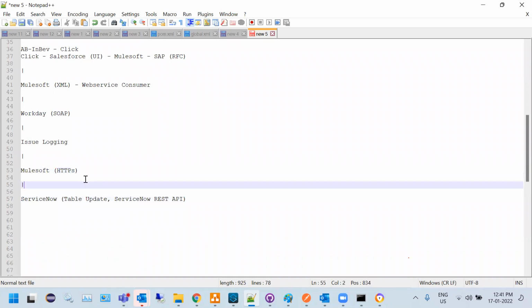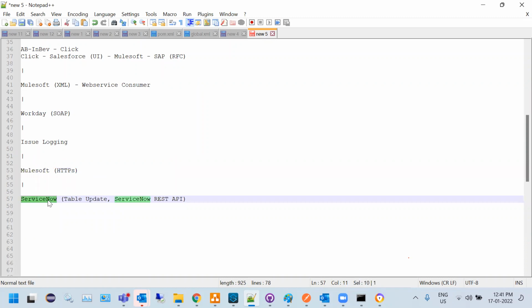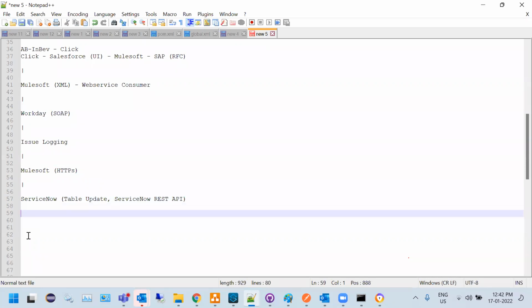One more thing: in ServiceNow, for example, if I want to log a ticket and assign it to some person, that person's information should be available in ServiceNow, right? ServiceNow uses tables as the backend, so you need to populate data to that table. How we populate data to the table is they have something called master data management. For master data management, you need to populate master tables with employee information that is available